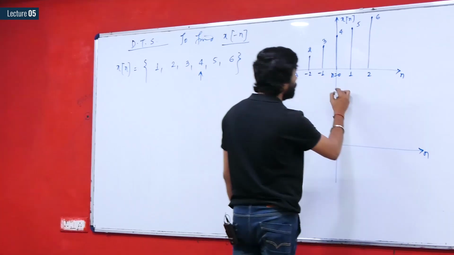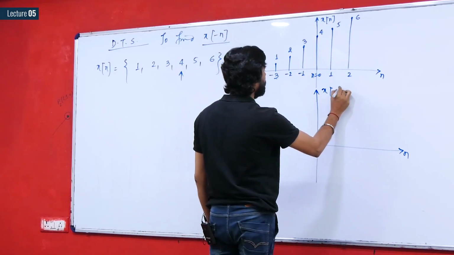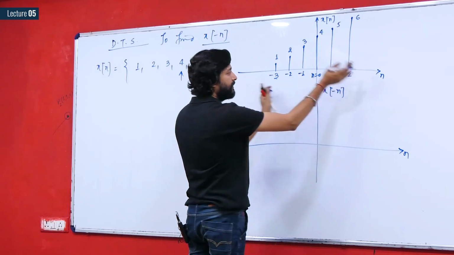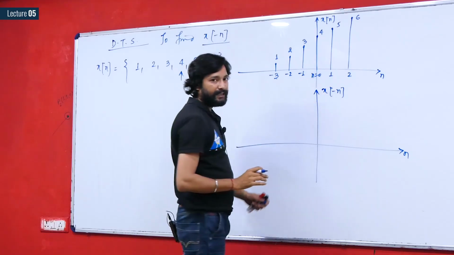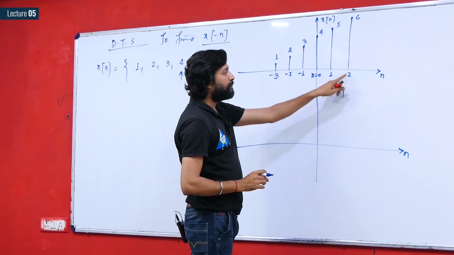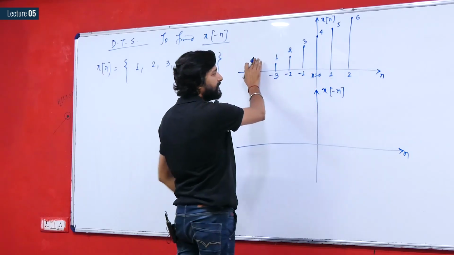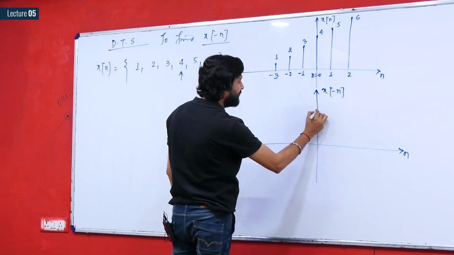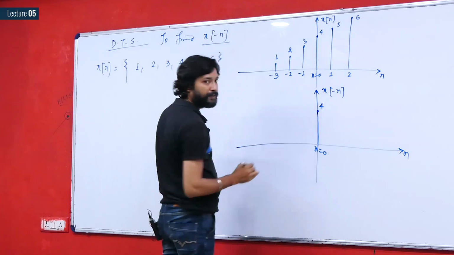So if you have to perform time reversal on this signal, graphically, if you want to find x of minus n, then keeping this y-axis fixed, you just have to fold this x-axis, that is, all the samples that previously existed for positive values of n will come to the left hand side. Therefore the n equals to 0 sample will be maintained at n equals to 0, that is, the value at n equals to 0 is again going to be 4.